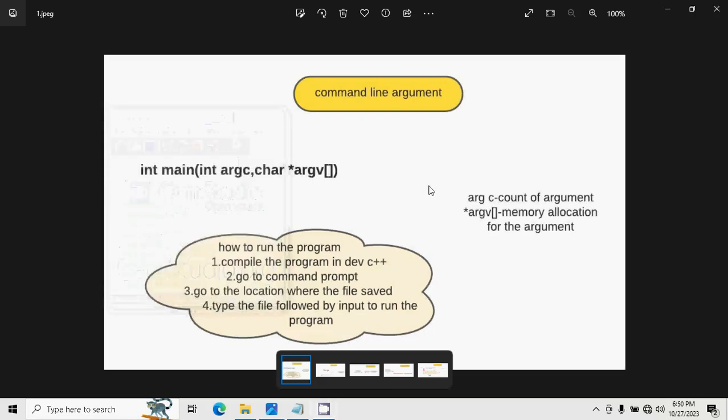Hello all. Today we are going to see the topic called command line argument in C program. We are going to see what is the purpose of command line argument in C program. Normally in C program we have seen that when we are going to get the input from the user,